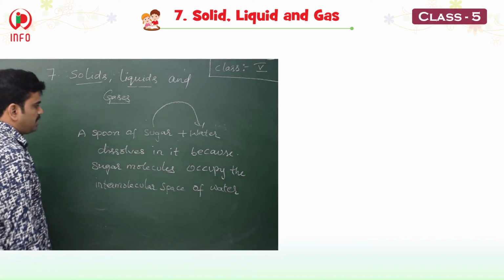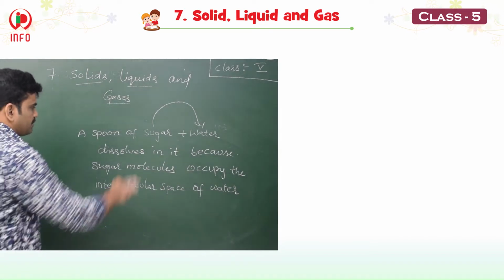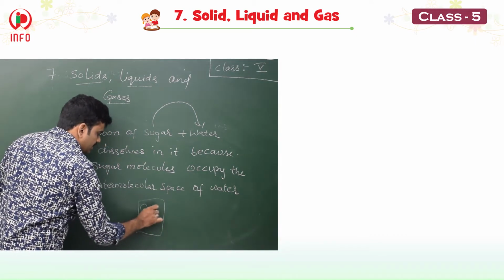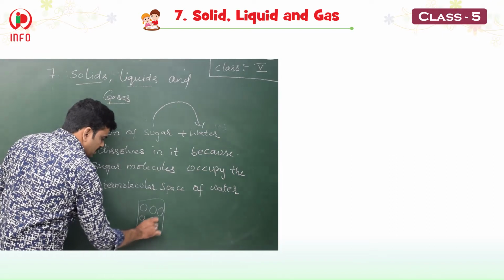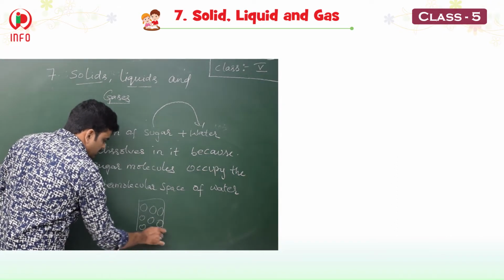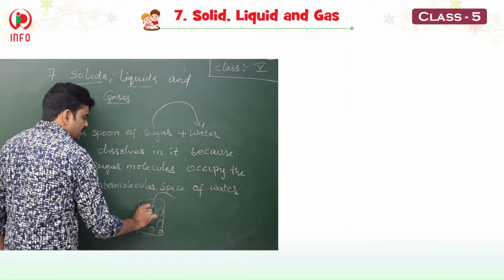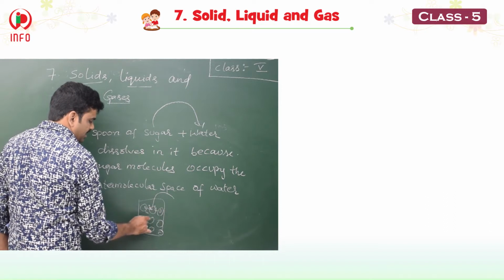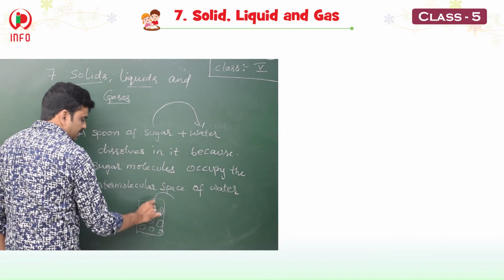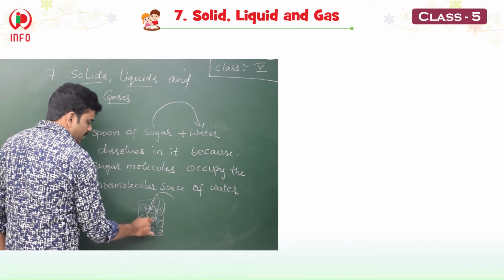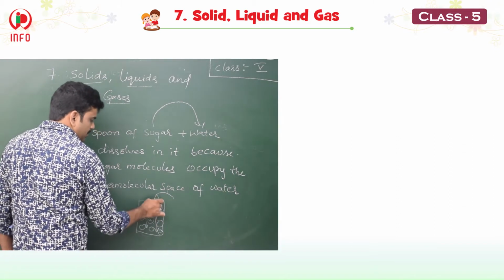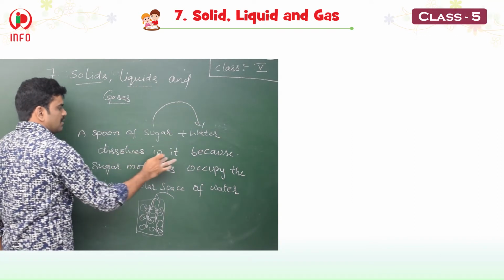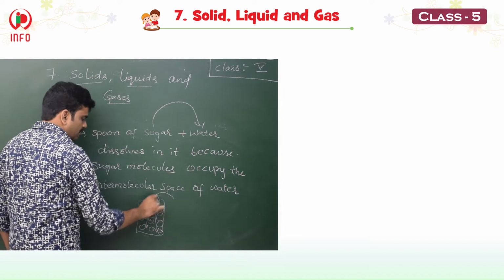Intermolecular space of water. A spoon of sugar, when it is added to water, here see children, you know that in liquids there is intermolecular space. So when you add sugar, the space is there in between this one and this one, this one and this one. So the sugar molecules will occupy this space. So, a spoon of sugar, when added to water, dissolves in it because sugar molecules occupy the intermolecular